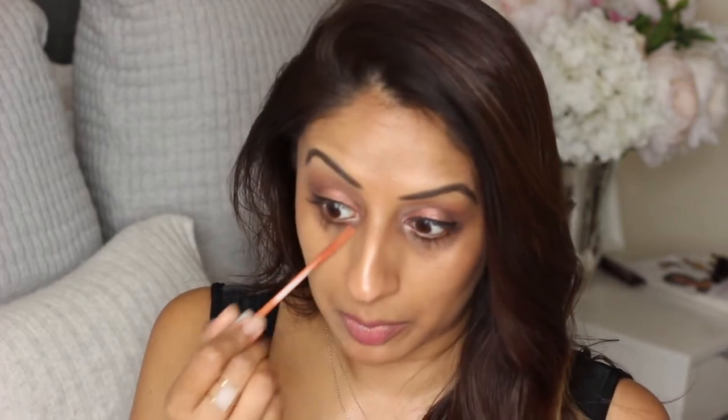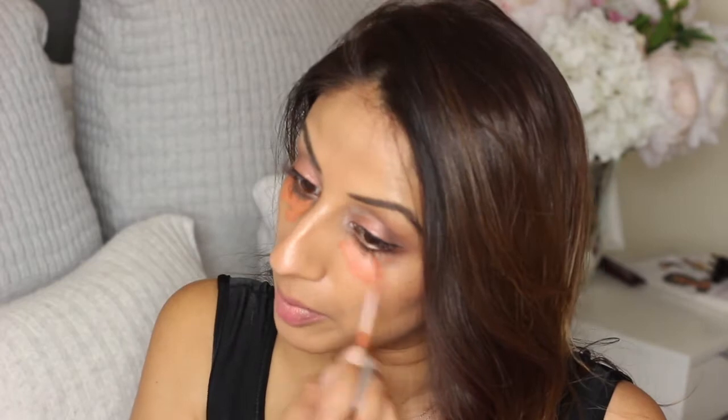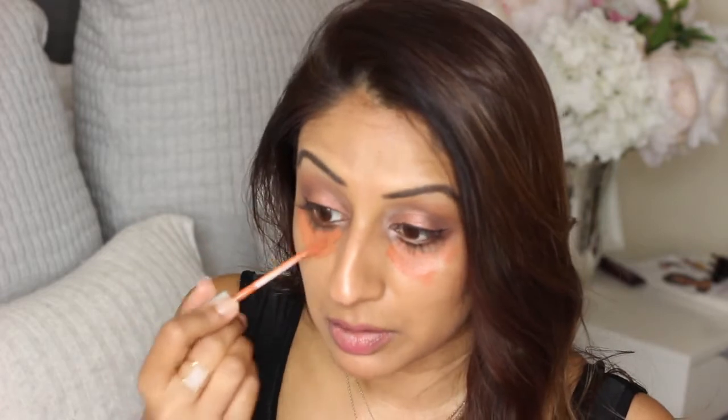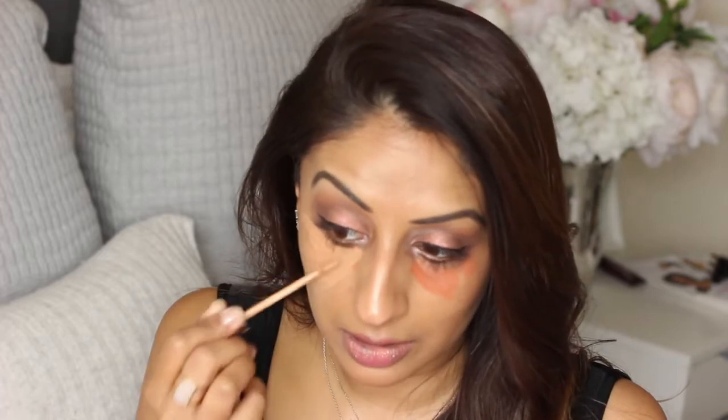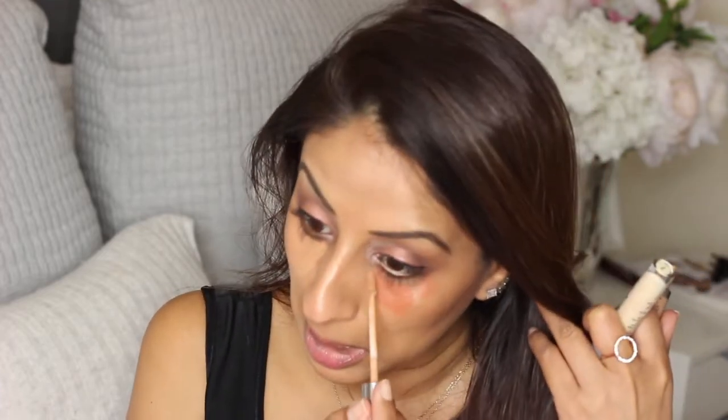Then next is my concealer and colour correcting. So I go in with my Urban Decay colour corrector in Deep Peach, and just where I'm so dark under the eyes, but on my skin tone, anywhere that's really, really dark, you just colour correct with dark peach. Then I go in with my Naked Skin concealer, which I do love. You would have seen my video of the All Nighter concealer, which is fab,